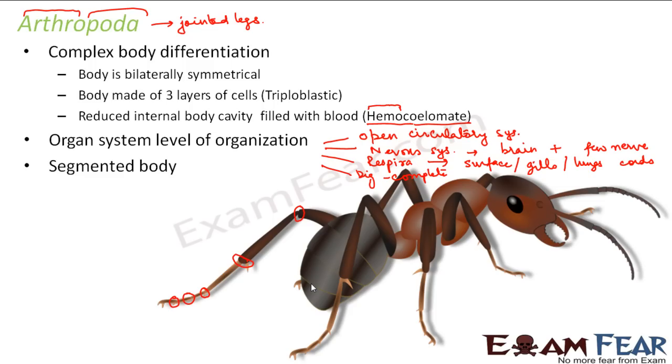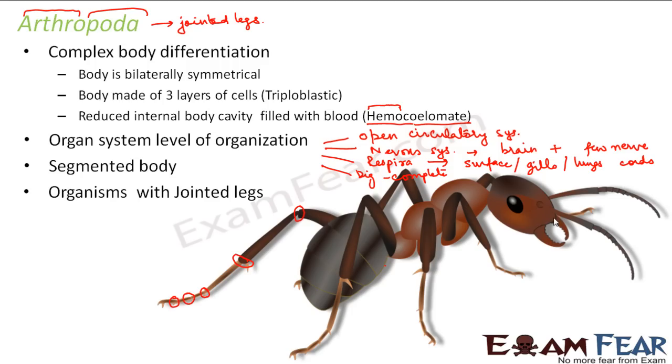They have segmented body. So in these kind of organisms also we can see segmentation. Here you can see the segmentation. The body is segmented. Whenever the segmentation is there, it is generally to distinguish the organ systems. These are organisms with jointed legs. The jointed legs are modified in a number of ways to form many structures like the mouth parts and the reproductive organs or the antennae.